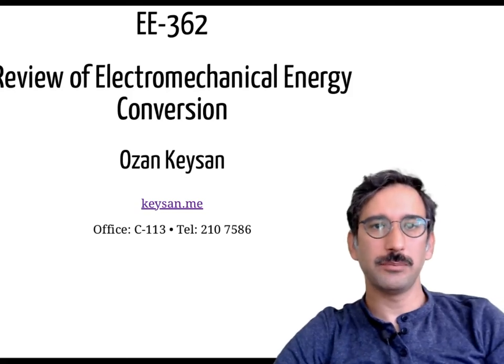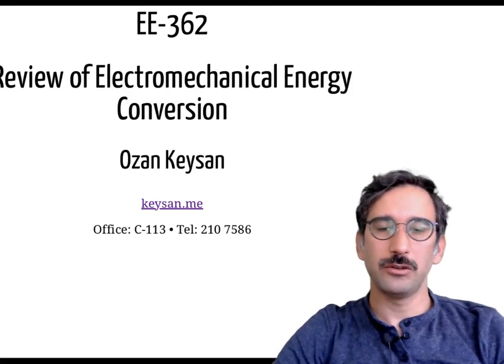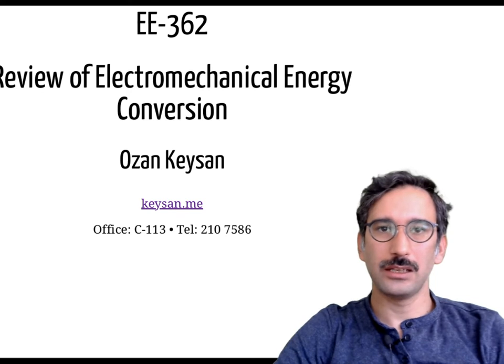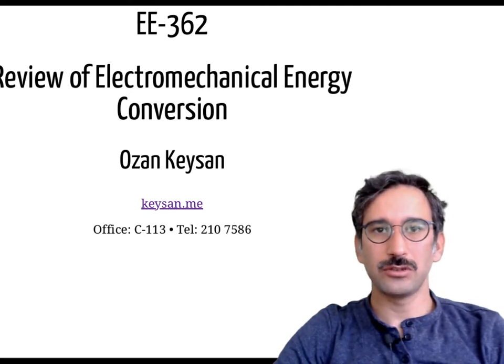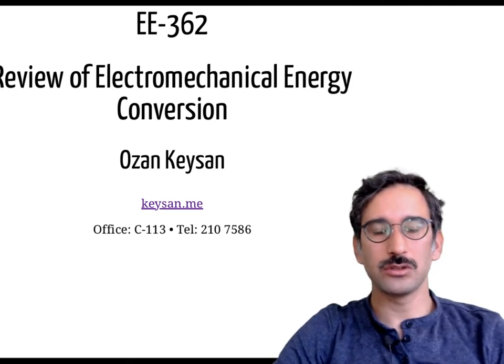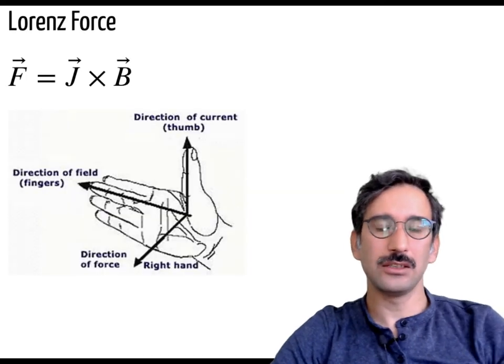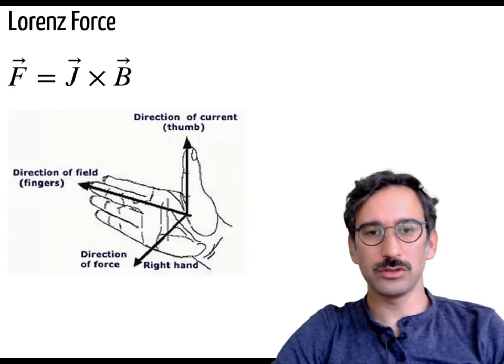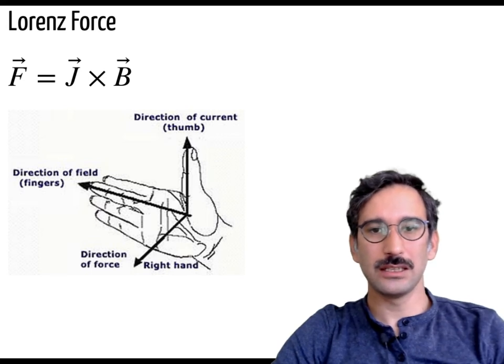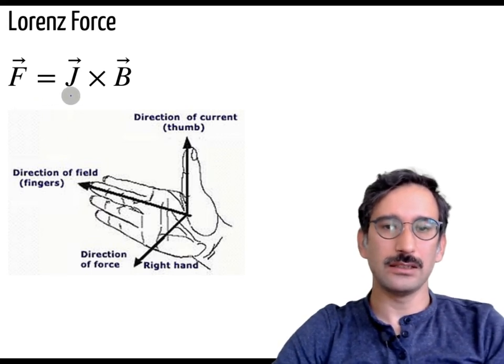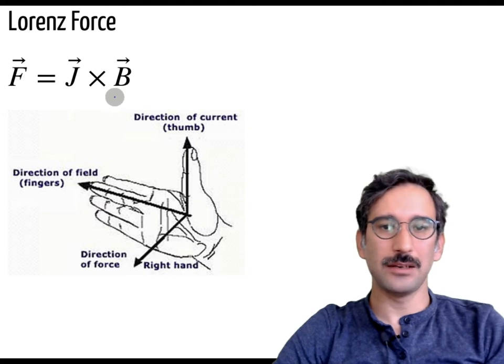So hi, in the previous semester I know you had an introduction to electromechanical energy conversion topics, but I would like to make a short review this week because we will be building AC motors on top of this knowledge. So probably the most useful equation is the force, which is equal to current density times B,